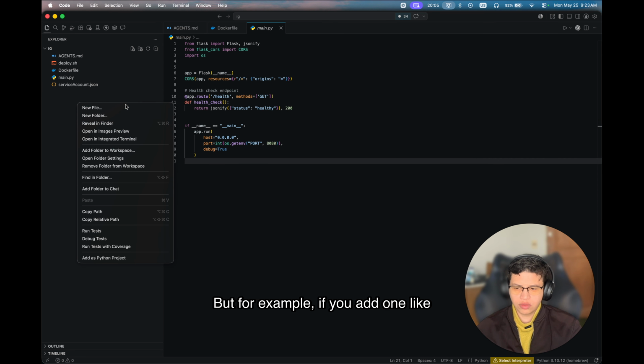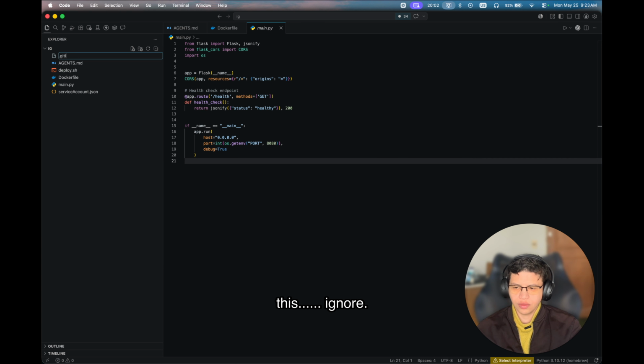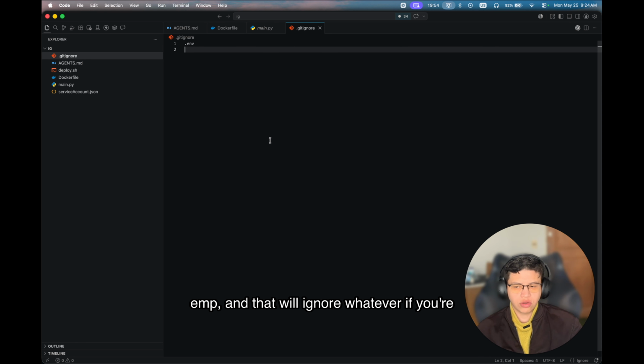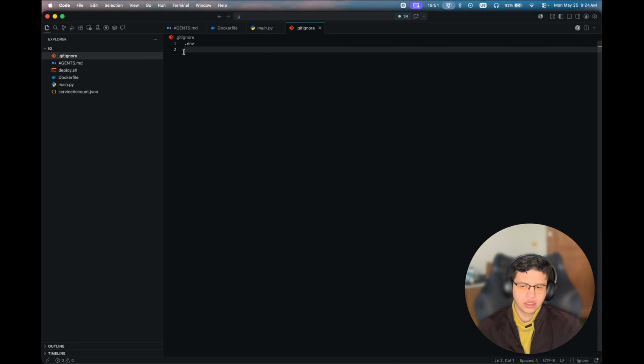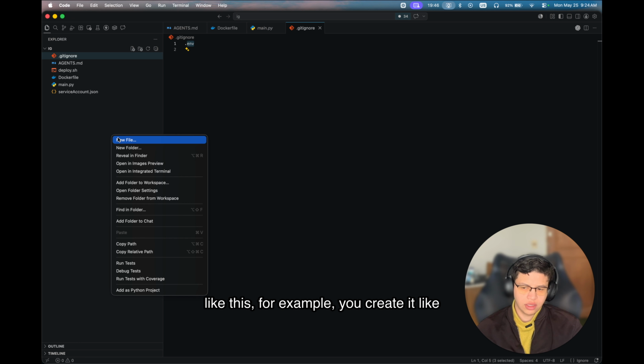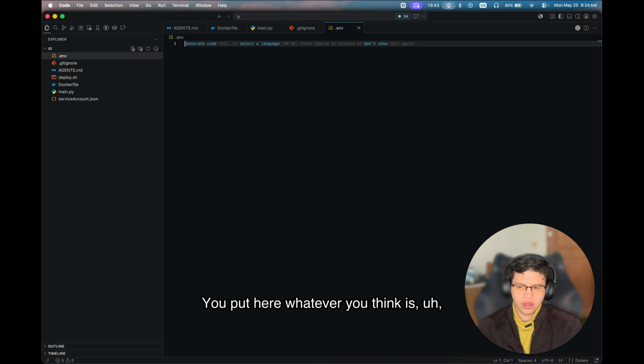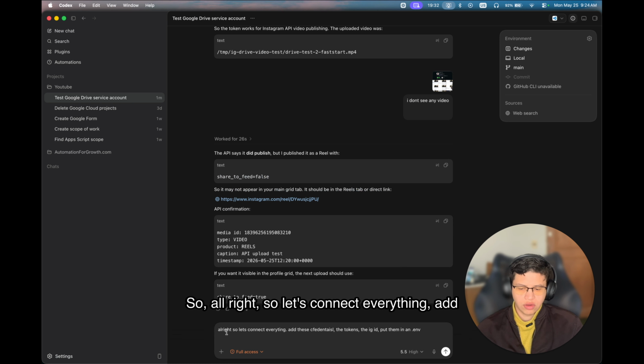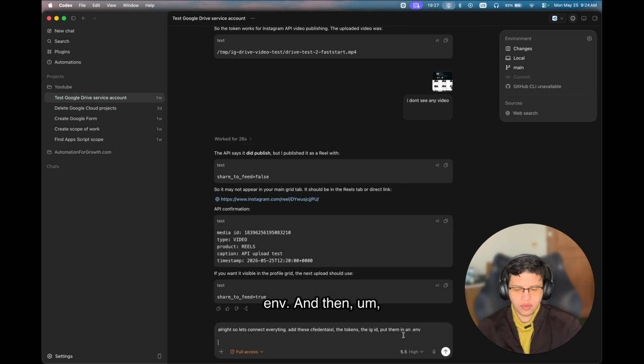But for example, if you add a gitignore like this, you can put here env, and that will ignore it if you're pushing this to GitHub or something. That's just for security purposes. And you tend to put in this env, for example, you create it like this, whatever you think is important, right? So API keys, IDs, stuff like that. So let's do that with him. All right, so let's connect everything, add these credentials, tokens, IG ID, put them in an env, and then